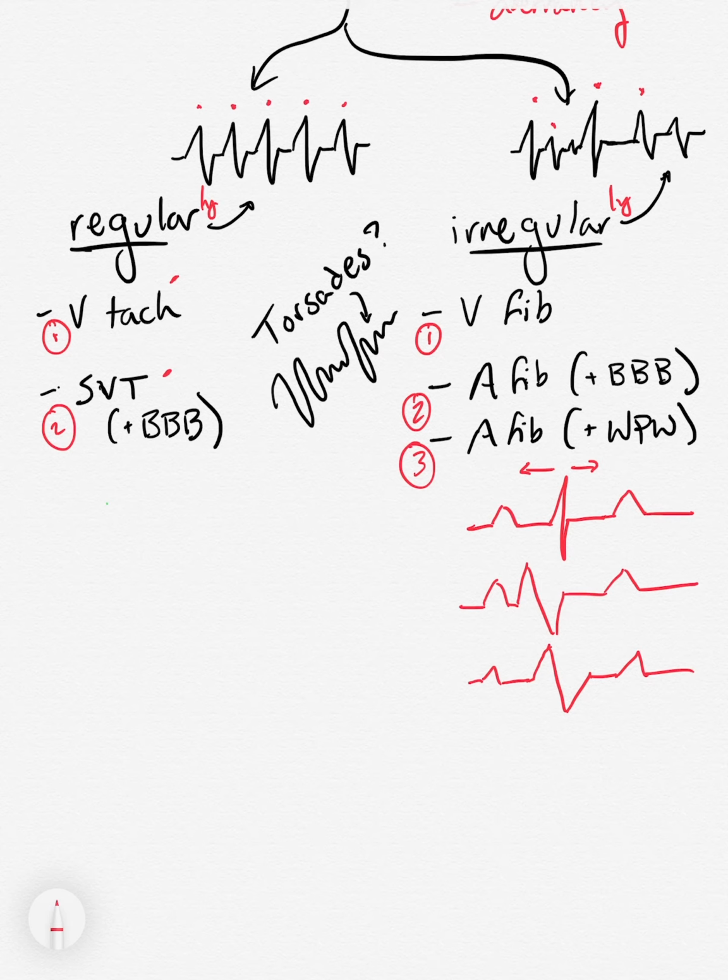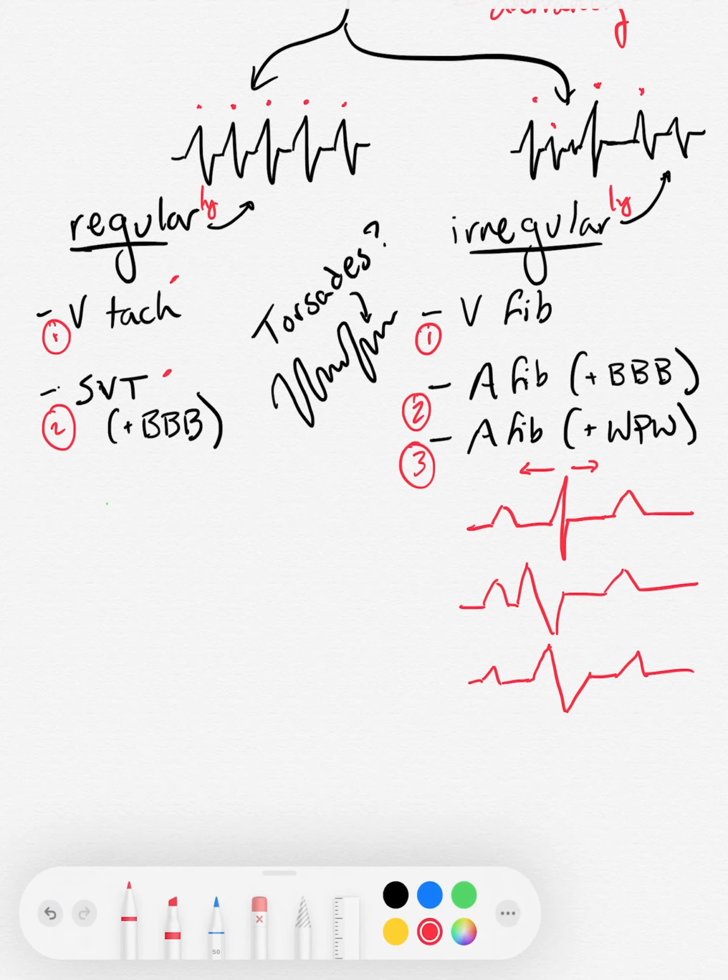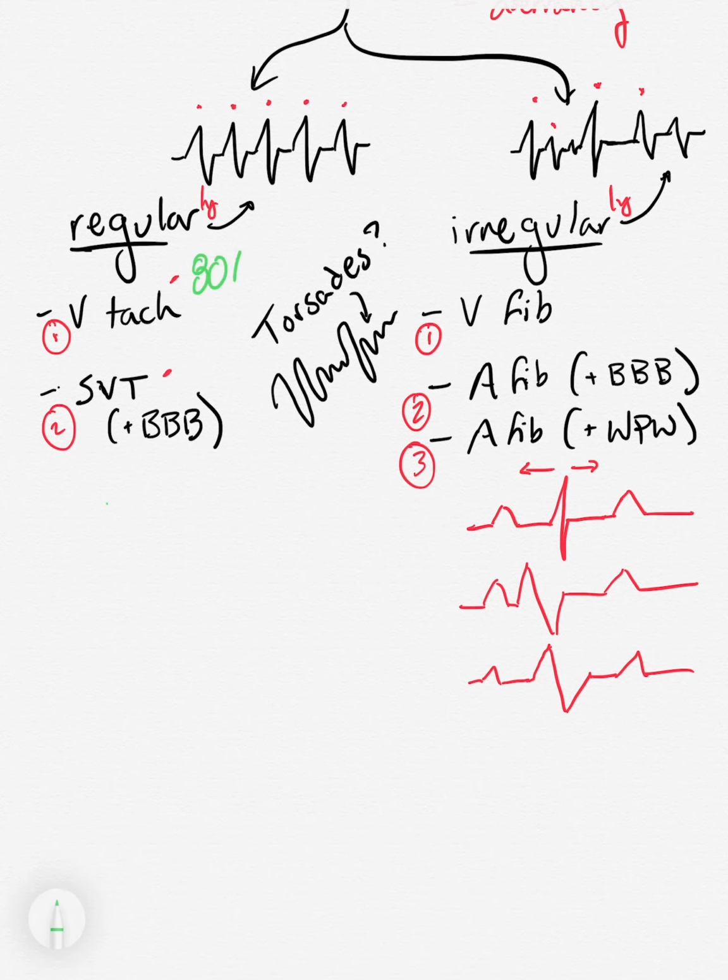Okay, so if I have a regularly spaced, weird, wide complex tachycardia, but it's still regularly spaced, right? That puts me over on the left-hand side. What's my management if the patient's stable? Specifically if the patient's stable. Well, 80% of those cases are going to be VTAC instead of an SVT with a bundle branch block. So your default option here would be